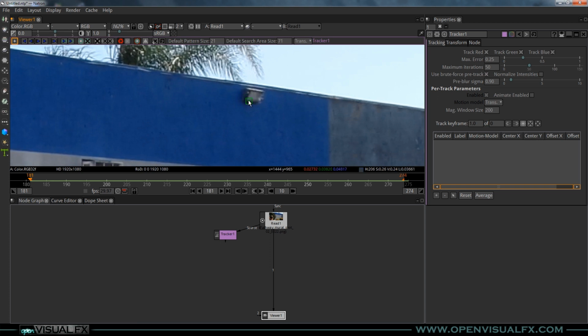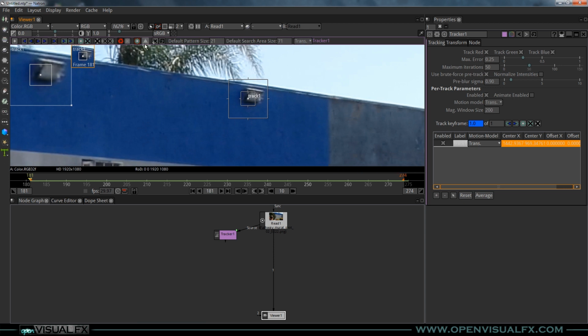Just experiment with a couple until you get this little green crosshairs, and then go ahead and click to drop your track. I'm going to make mine a little bit bigger and kind of center it there a little bit. You can see you've got your zoom window over here for fine placement, and the button I like to use up here, I basically leave all this kind of stuff at the default,